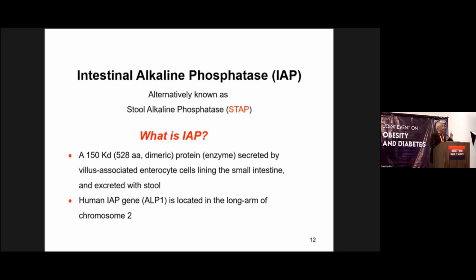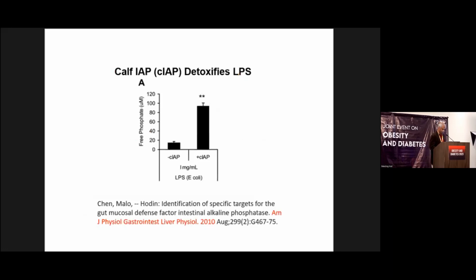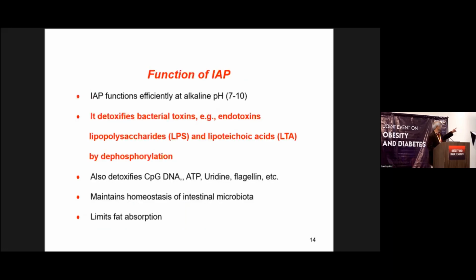And now let me tell you about the intestinal alkaline phosphatase. The enzyme is known for its sensitivity, but recently it came to our attention. What is it? It's a 150 kilodalton protein produced by your enterocytes in the duodenum, and it is located in the gut and passes with the stool. It doesn't go that much into circulation. It detoxifies bacterial toxins, and it has so many other functions, but it is related now to bacterial toxin detoxification.